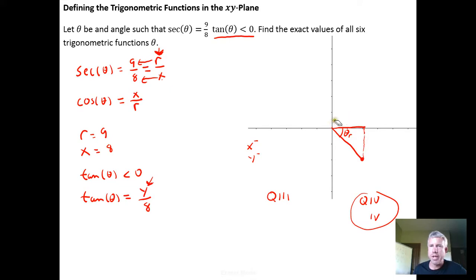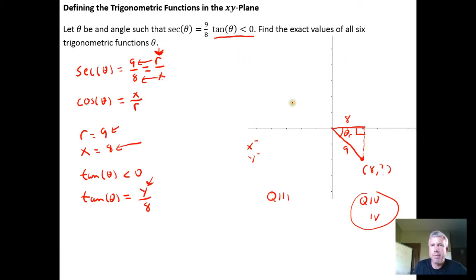Now I have a right triangle. I already know the width of that right triangle is 8. It's the x-coordinate. This is 8. I know the x-coordinate. I don't know the y-coordinate, but I do know the radius is 9. And I got that from the definition of the secant function. And then the last thing I need to figure out is what is y, but that's just a Pythagorean theorem